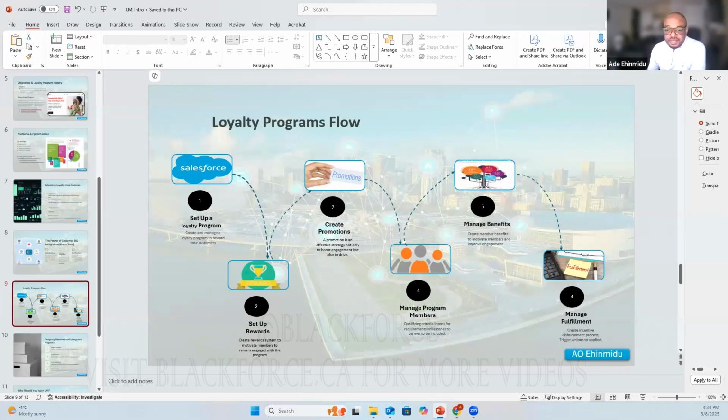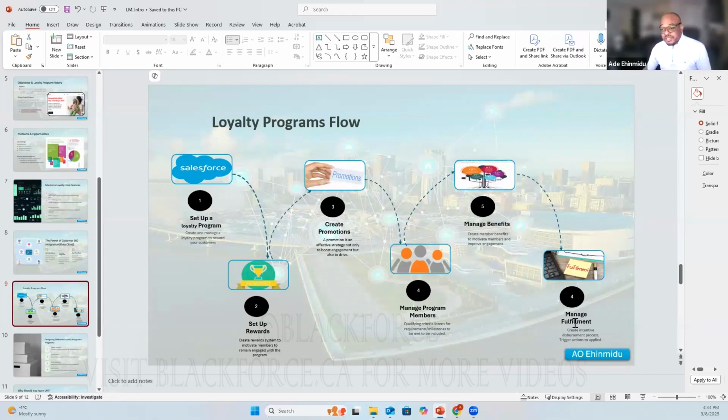Create promotions, target a particular audience, manage program members as well. It is important because the engagement of your members will determine the fulfillment of the benefits that have been defined. So you need to manage this appropriately, manage the benefits as well.